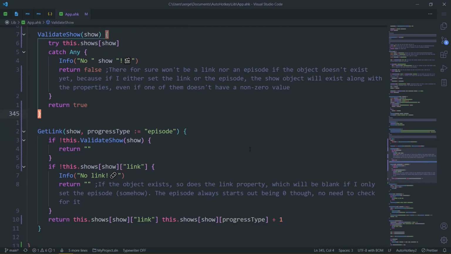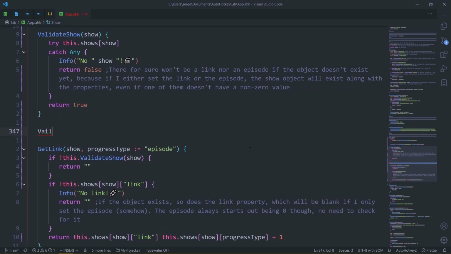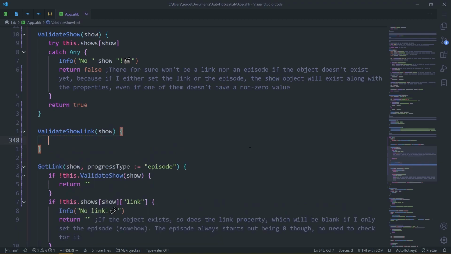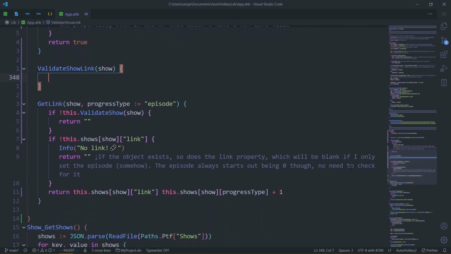Okay, let's create another method. Validate show link. Show. Yeah, here we're just checking if there is a link property at all. I don't think we need to check whether the link is correct or not, because it's just kind of unnecessary. I'll just see when it doesn't work and fix it. No need to